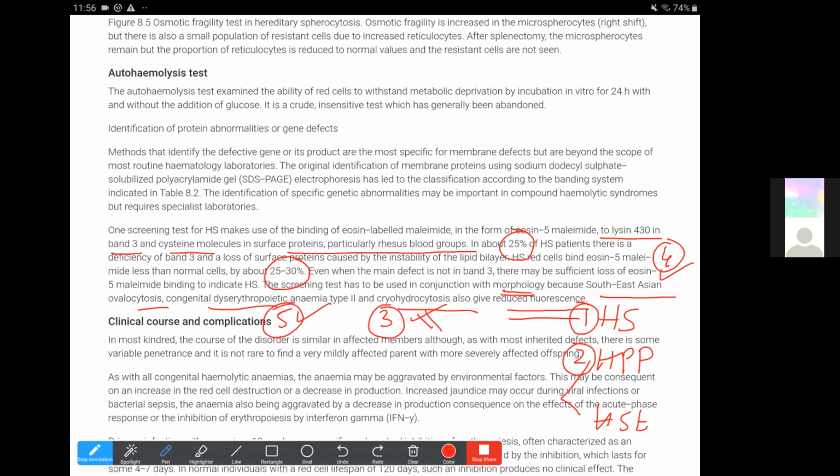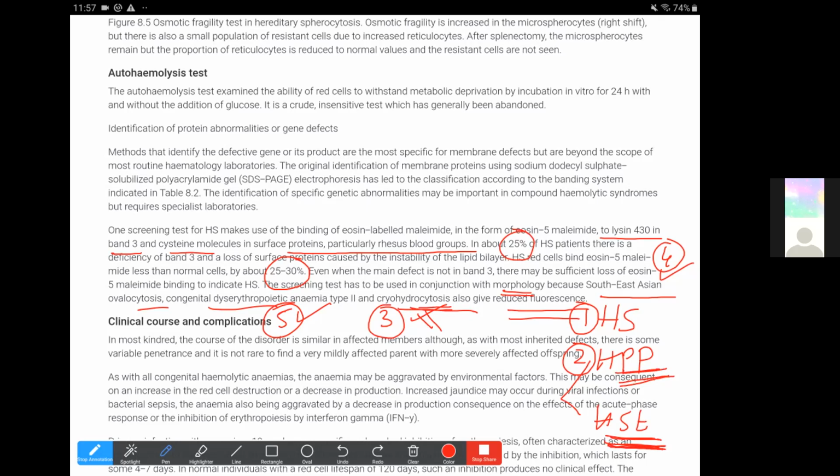membrane defects. And in fact, there is increased fluorescence with the overhydrated form of hereditary stomatocytosis, and the dehydrated form also has increased fluorescence. The least fluorescence is with hereditary pyropoikilocytosis, and increasing fluorescence is with the overhydrated and dehydrated forms of hereditary stomatocytosis. The cryohydrocytosis, which is a subtype of overhydrated form, has decreased fluorescence.